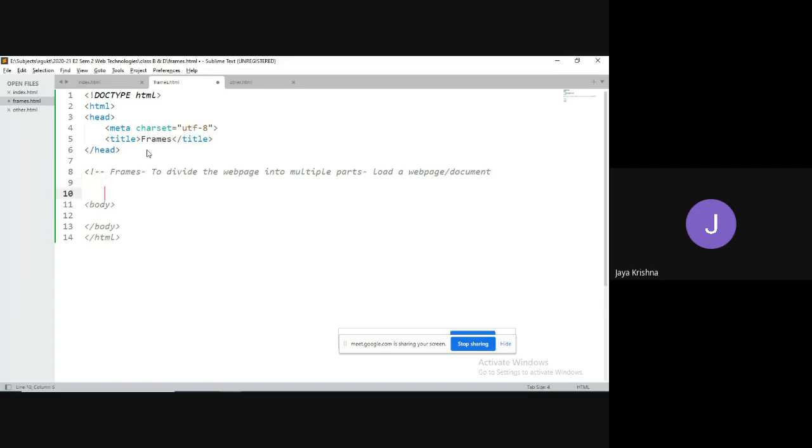That web page can be a local web page, or it can be an external page, or it can be a PDF document also. That can be anything. So that is the purpose of frames.